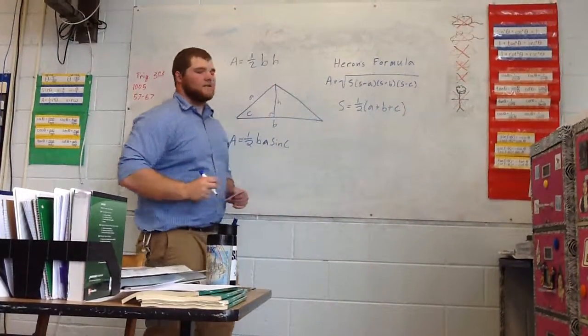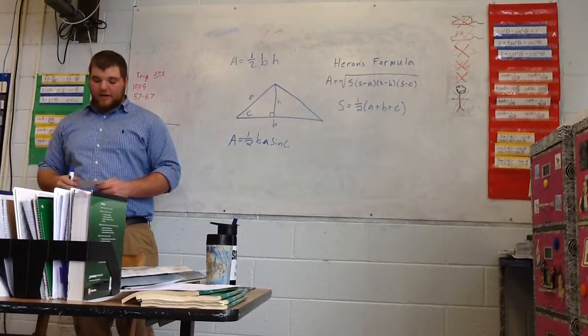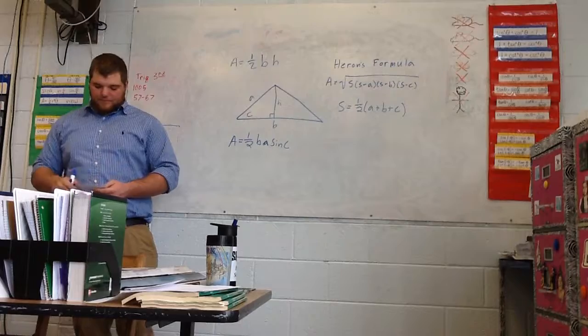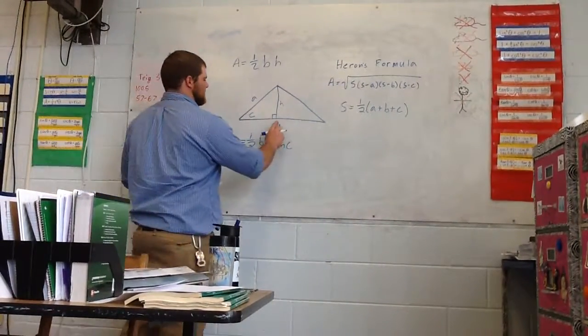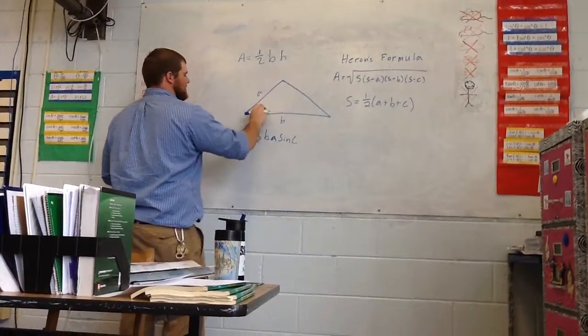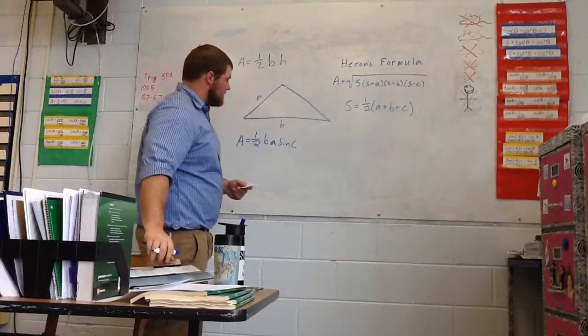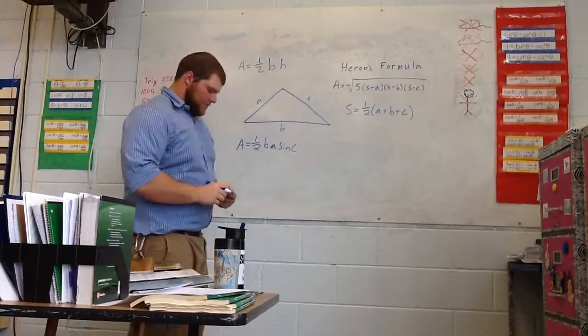That's a little bit more work, a little bit more complicated than the first one I went over, but it's really pretty simple to solve, okay? So, we don't know H in this case. We don't know this angle. Alright, so we're given